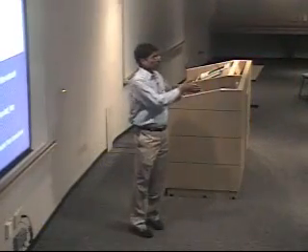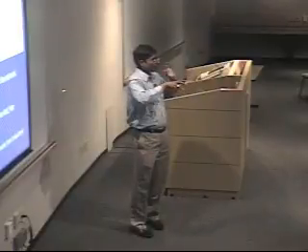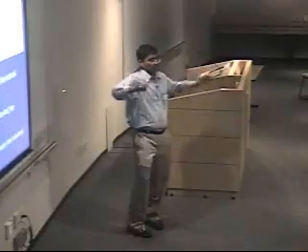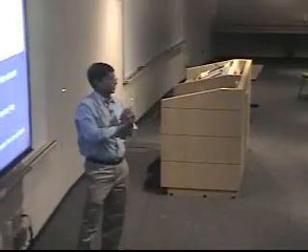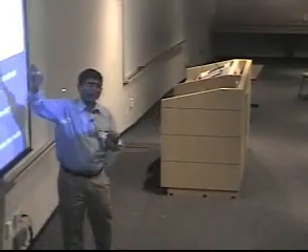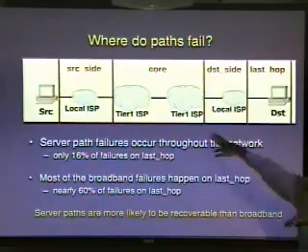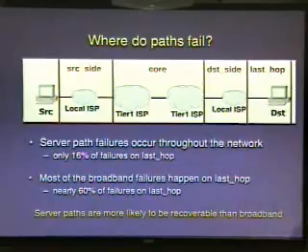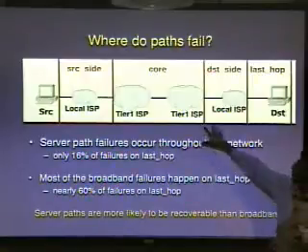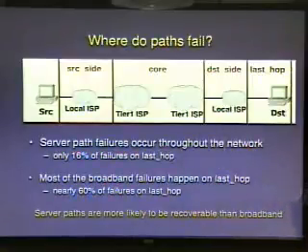Finally, we wanted to understand whether failures occur in the middle of the network or towards the edges. If you take an internet path today, it goes through 4 or 5 different ISPs or networks. You have the local ISP on the source and the destination side, and in the middle, you have the big Tier 1 ISPs. Tier 1 ISPs are ISPs like AT&T and Sprint. Based on where the failures occur, we classify them into 4 categories.